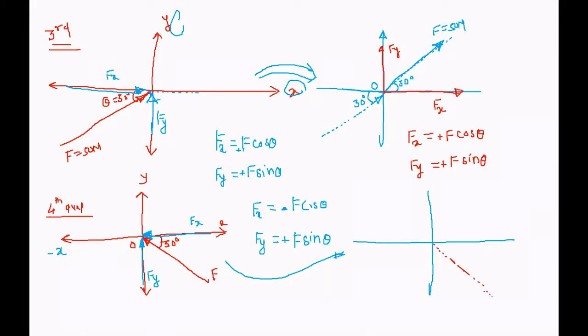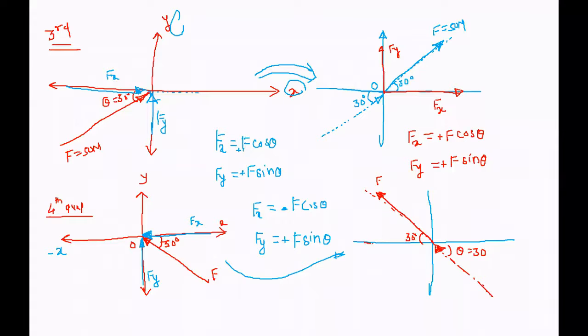So this was the initial force directed towards the origin. So we can extend the line of action in the second quadrant. We have to just extend the same force in the second quadrant. Okay. And then we can show this force here. The meaning is same. This is the F. This angle was theta, that is 30. So opposite angle, this was the 30.